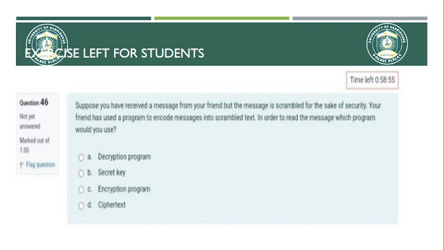In order to read the message, which program would you use ይላል። የትኛውን ፕሮግራም ነው የምትጠቀመው? ያን የተላከልኝ ሜሴጅ ለማንበብ እሱ ያደረገው ነገር አለ አይደለ? ቤዝድ ኦን ዳት ነው ማለት ነው። ዲክሪፕሽን ፕሮግራም፣ ሴክሬት ኪ፣ ኢንክሪፕሽን ፕሮግራም እና ሳይፈር ቴክስት ይላል።